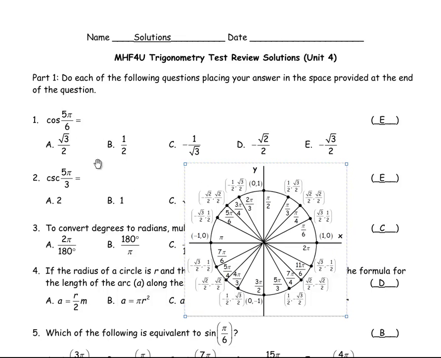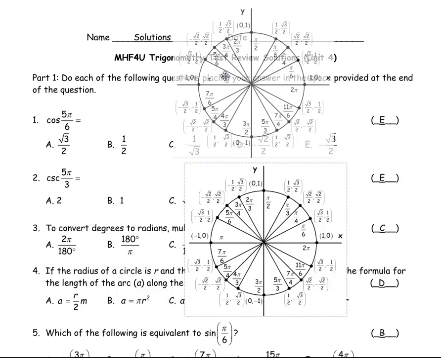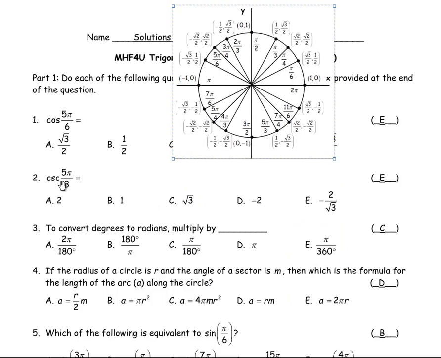And so if we want 5 pi over 6, the angle 5 pi over 6 is right here, so that refers to that point right there. The cosine is the x-coordinate, so it's negative root 3 over 2, so that's why E would be the correct answer for number 1. For number 2, let's move this up here, we're asked to find the cosecant of 5